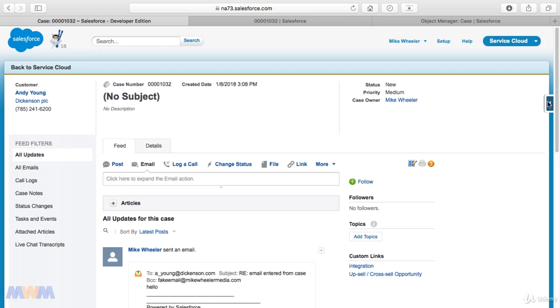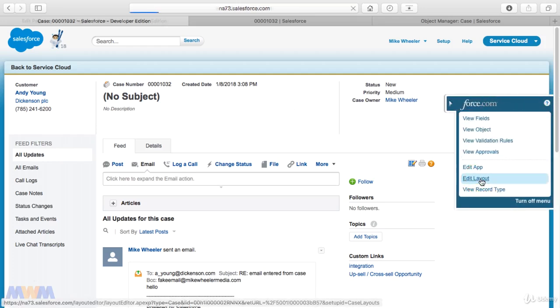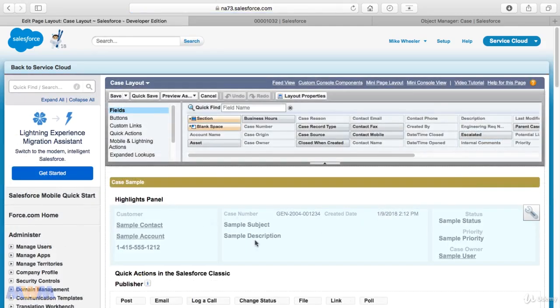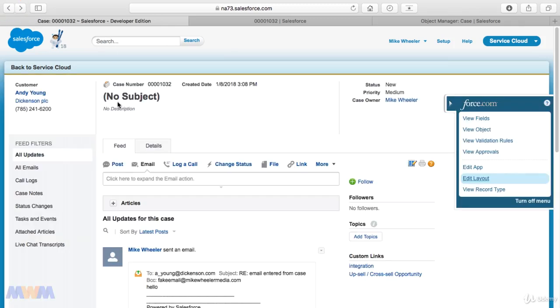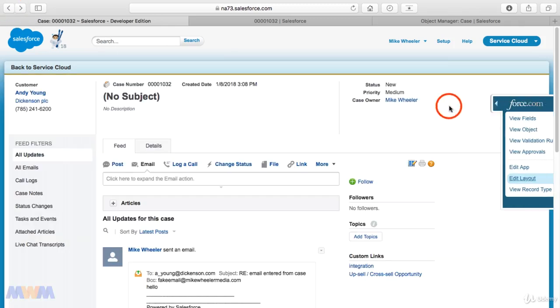And if you recall, if we go into edit layout, which I'll do real quick, that is accessible through the top here in the page layout editor. It's called highlights panel, and you adjust this by clicking this wrench icon. Let me go back to the case though and not do any edits on that and close down that force.com